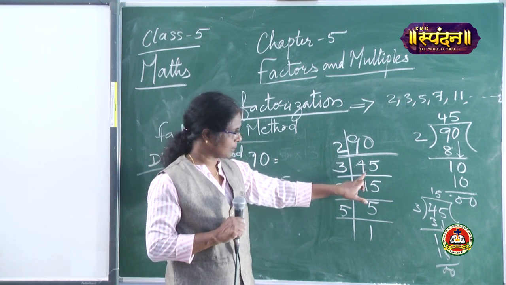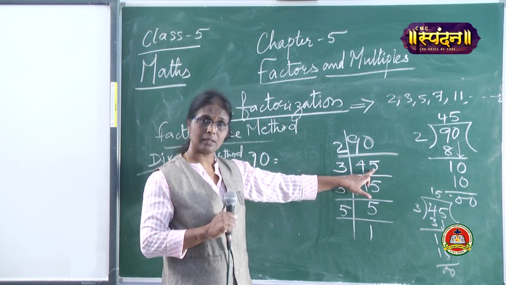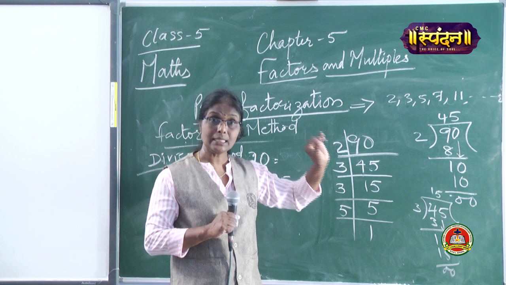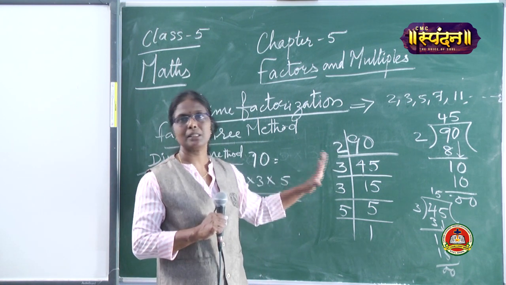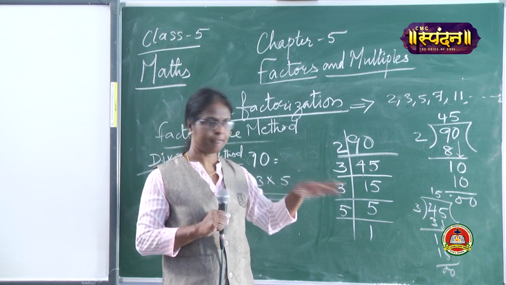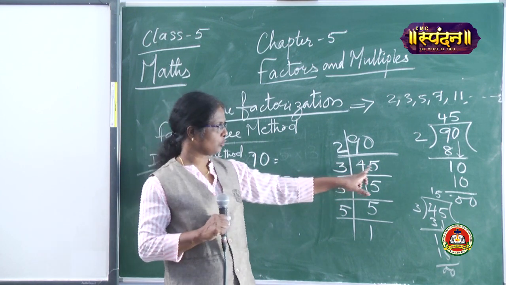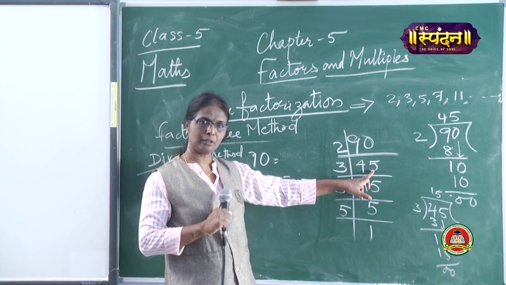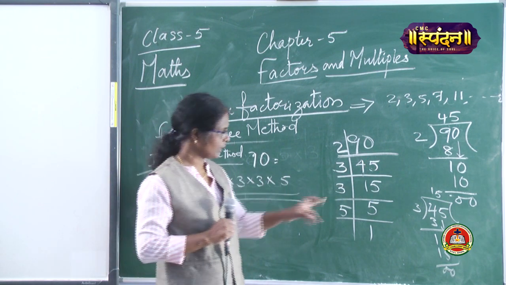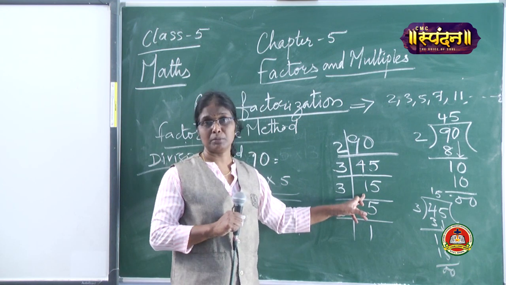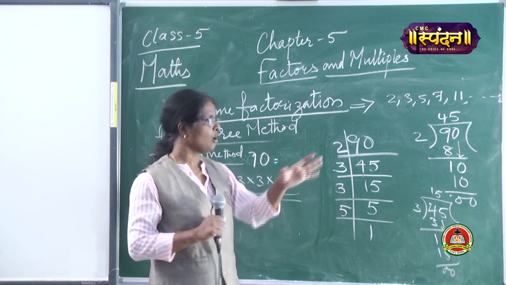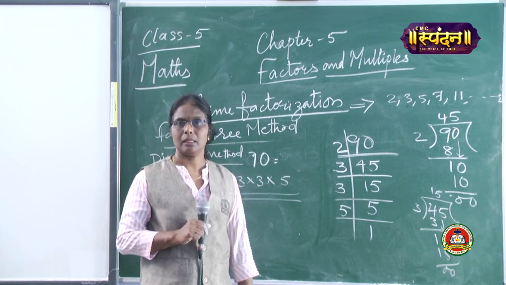If you add these 2 numbers, 4 plus 5, 9. If the sum of the digits is a multiple of 3, that means the number is divisible by 3. This is the rule we can apply in the division method also. So here 4 plus 5 is 9, and 9 is a multiple of 3. That means this 45 is divisible by 3. The same way for 15, if you don't remember the multiplication table, you can use this divisibility rule for the division method.